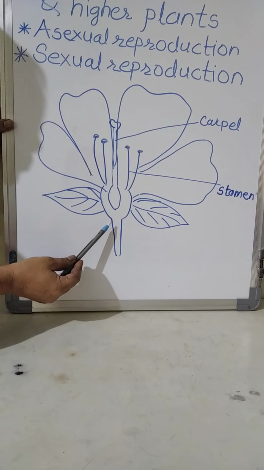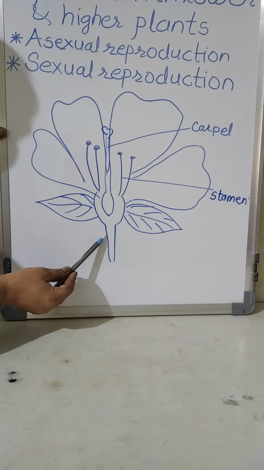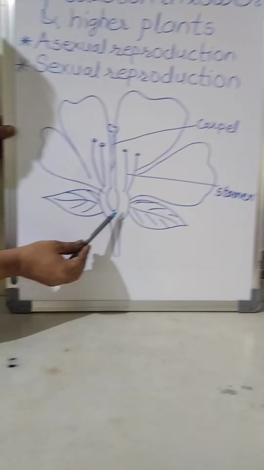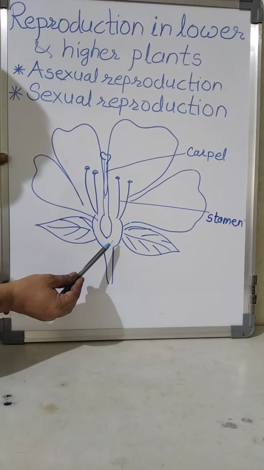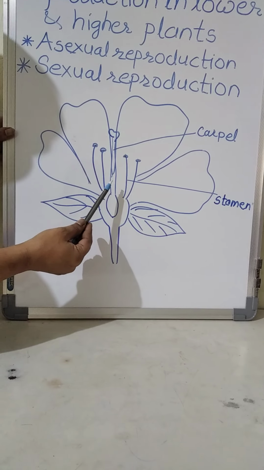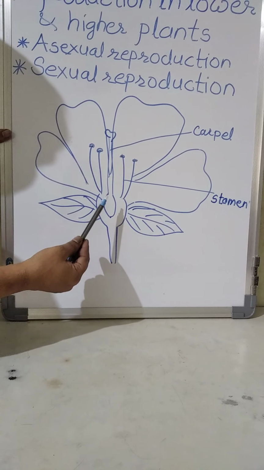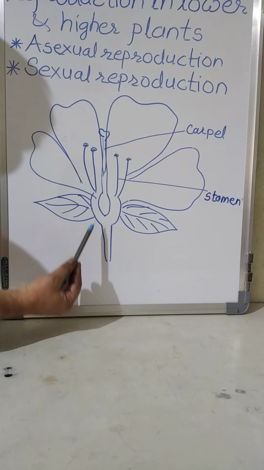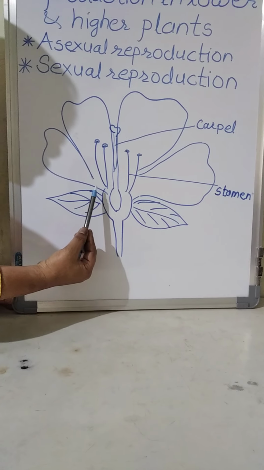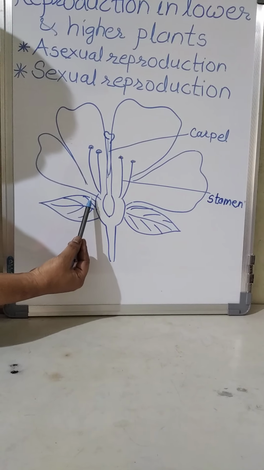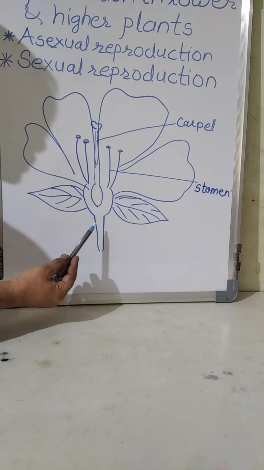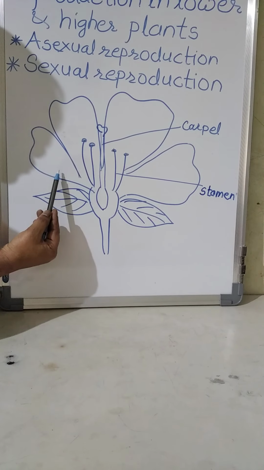A flower is nothing but a modified, highly condensed shoot developed for sexual reproduction. We already saw parts of this flower last year, but I will repeat it again. First we will see the structure of a flower. As we know, it is developed for sexual reproduction. It shows four different whorls. These whorls are calyx, corolla, androecium and gynoecium.